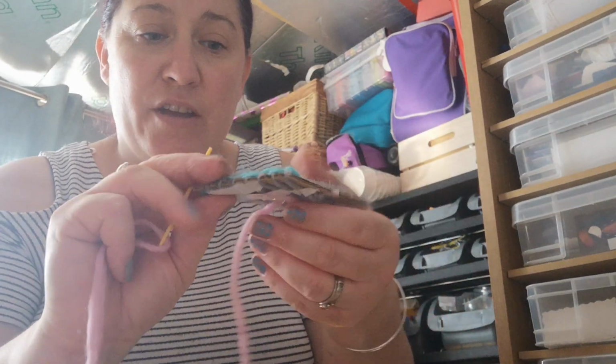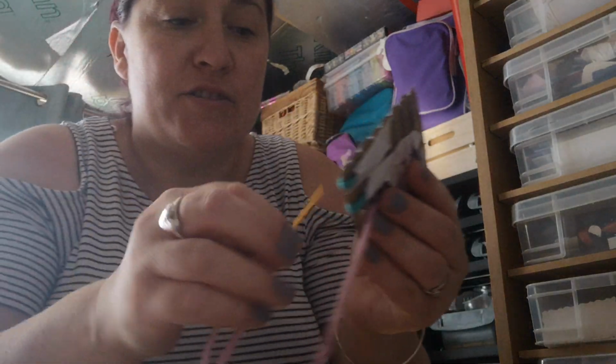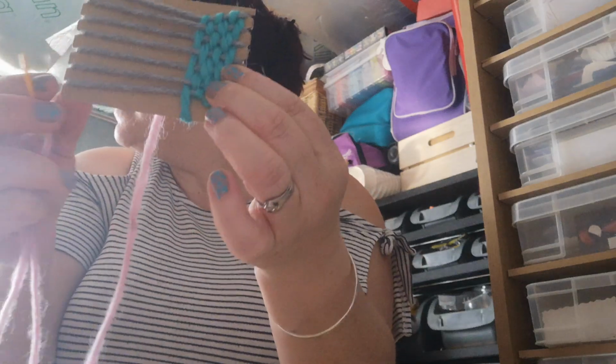Right, so it does look a mess at the back, but as I said again, it doesn't matter at all. So now I'm going to turn this over and I'm going to start with the pink. So on this side, I'm going to do pink. Okie dokie, so